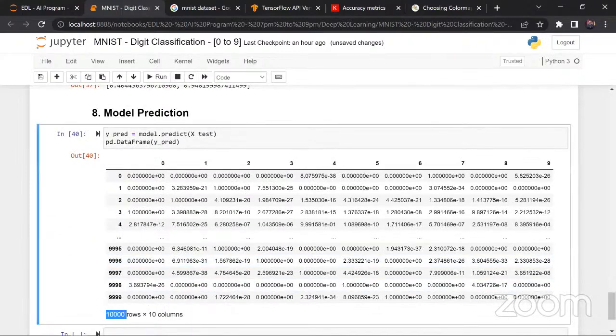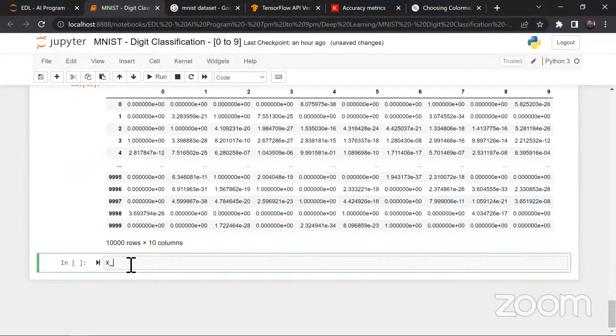See this, 10,000 images, all those 10,000 images, 10 columns. I got it. Since you created 10, because you have 10 neurons in the output layer, right? So here, the first image, which is the maximum pixel, this one, right? Okay. Which one is holding the maximum number? I think this one, 7. So which means that the 0th index, 0th image, which is available in X test 0, it should be 7. Let's check it out. X test